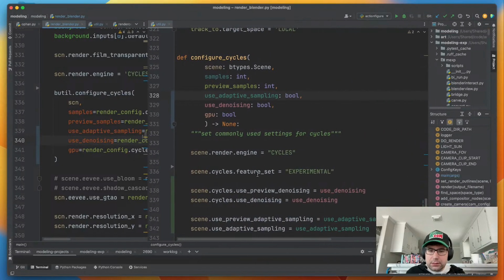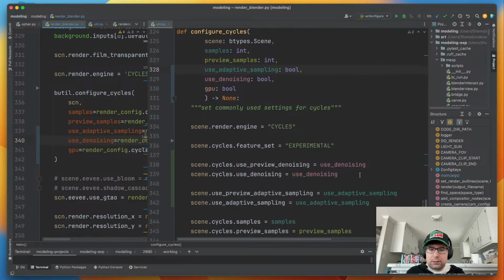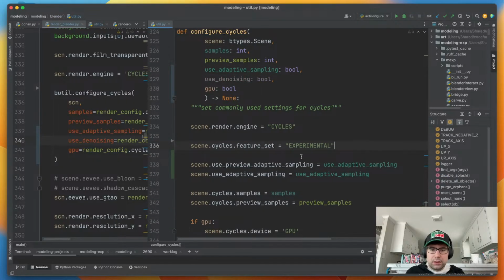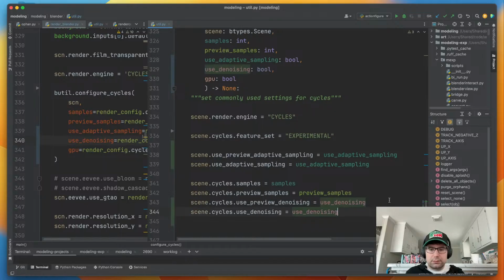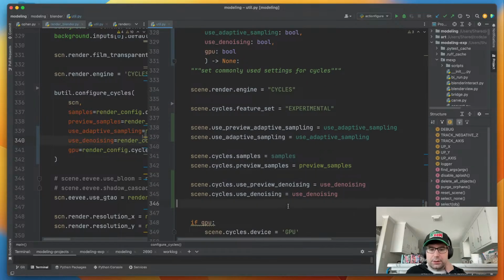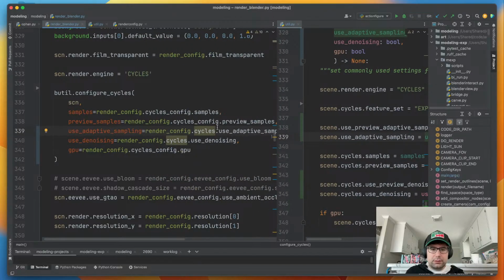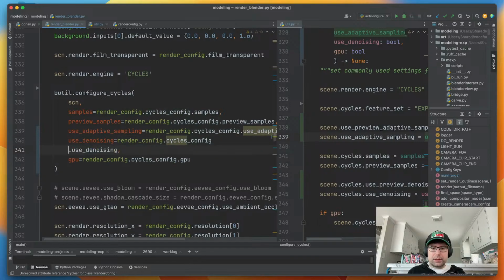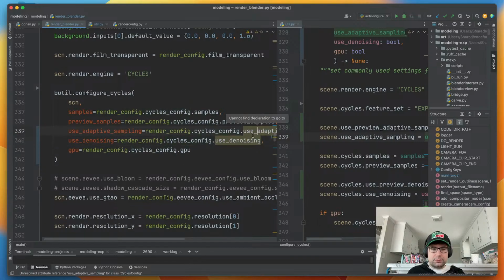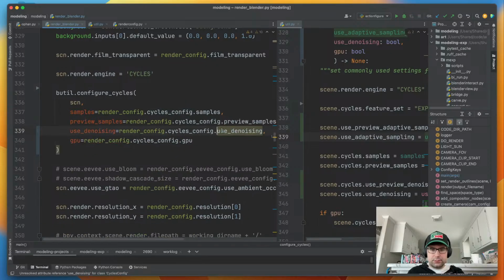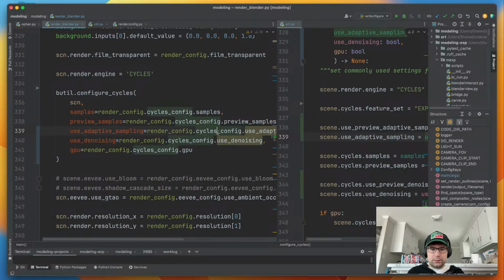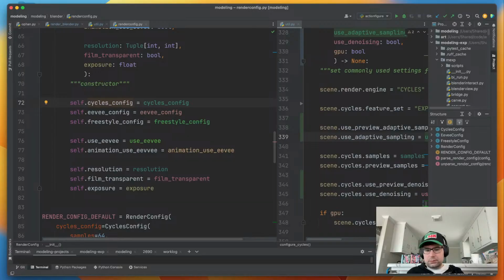I like to order things logically, so this kind of actually comes after. Cycles config. Now we've got to add these guys to, whoops, got to add these guys to,